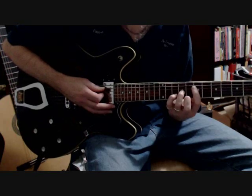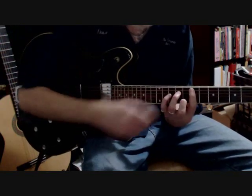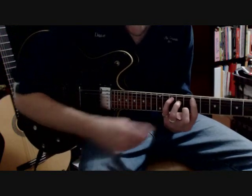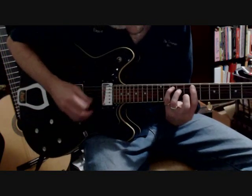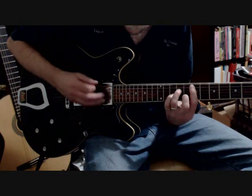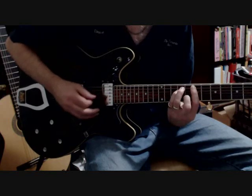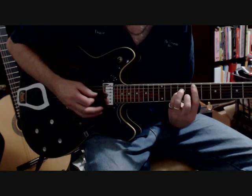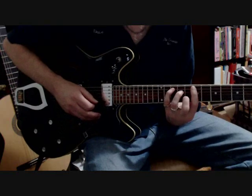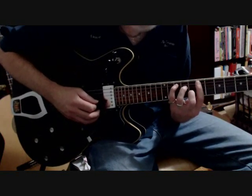Which is an A minor. And then keep your bar down, move these back to the C-shaped bar chord. Okay, so remember that climb down that the rhythm guitar is doing. You're doing the same thing here in the lead position. So you do a C shape,